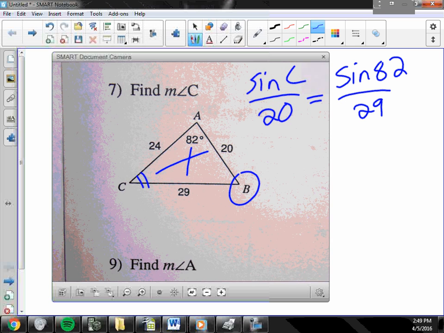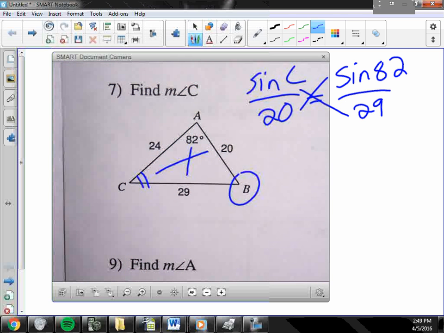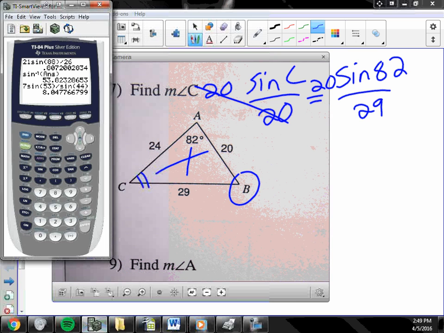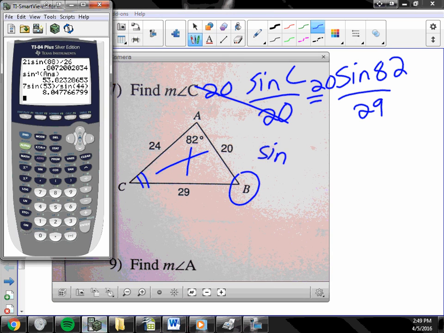You could cross multiply if you want, it'll work, but instead of cross multiplying like that, I'm just going to multiply by 20 and isolate the sine C. So the sine of C is equivalent to 20 sine of 82 divided by 29